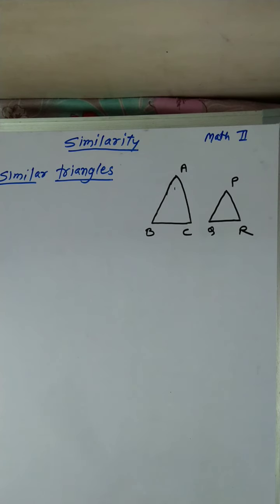We know similar triangles, the definition of similar triangles. If the triangles are not exactly alike but have the same shape, then those triangles are called similar triangles. In that definition, we see that if a one-to-one correspondence ABC and PQR is given in the vertices of two triangles, and if